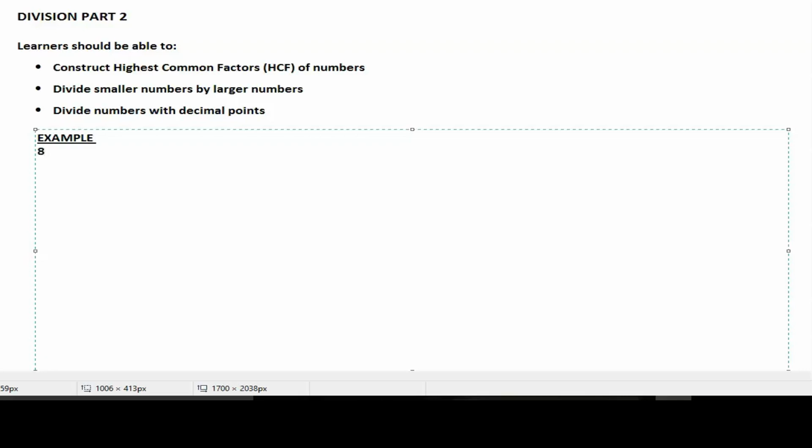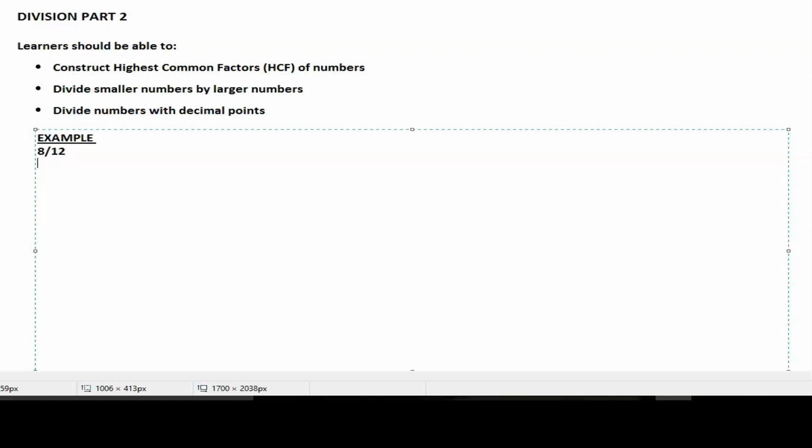8 over 12. This looks a bit different from previous examples. Did you notice it? 8 over 12. If you did not notice it, let me